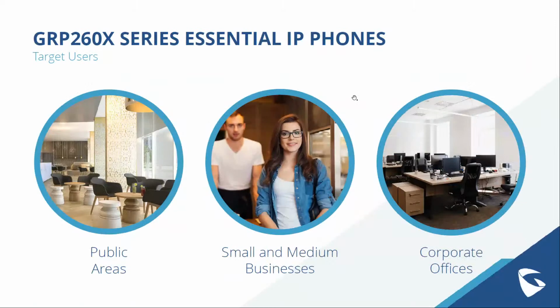So these are the target users for the GRP2600 series essential IP phones: public areas, small to medium business, and corporate offices. These cost-effective devices, as mentioned before, because of the feature to price ratio, would be best suited for these target users. Like for public places, we can use this to give access for people in those public places